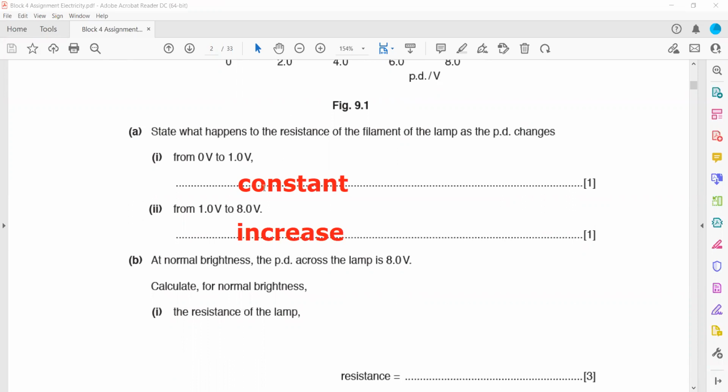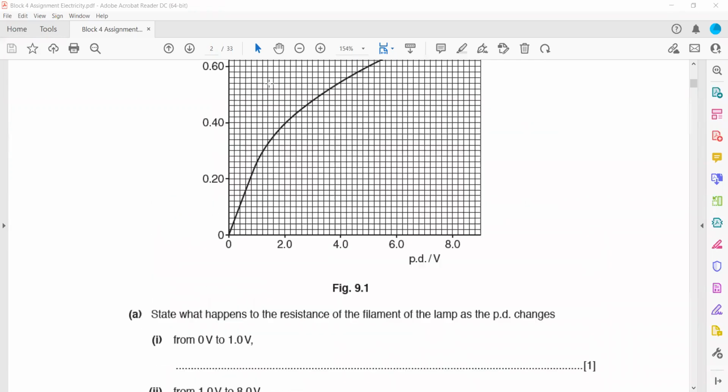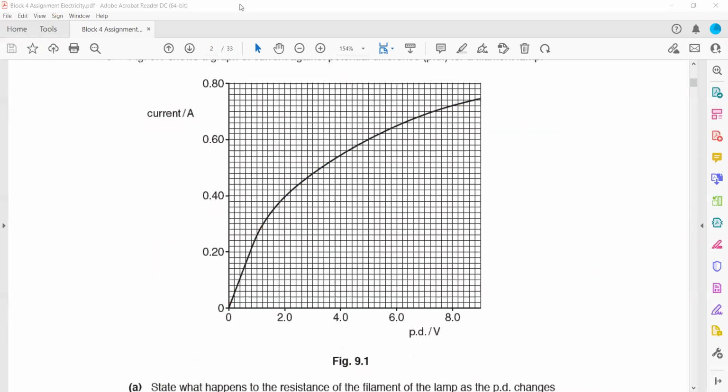At normal brightness, the potential across the lamp is 8 volts. What is the resistance? We have to use the graph here. If the voltage is 8, we need the resistance, so we should know the current. So when the voltage is 8,